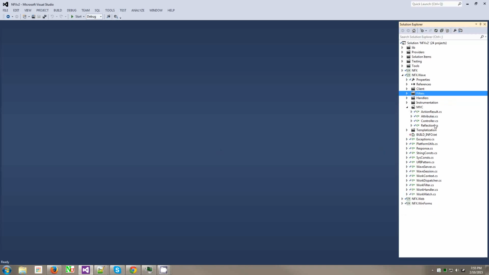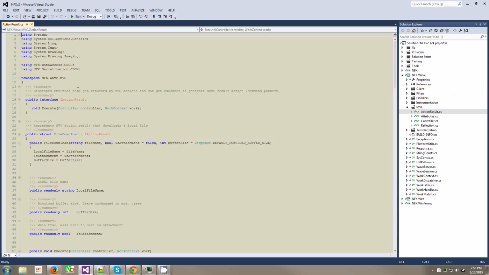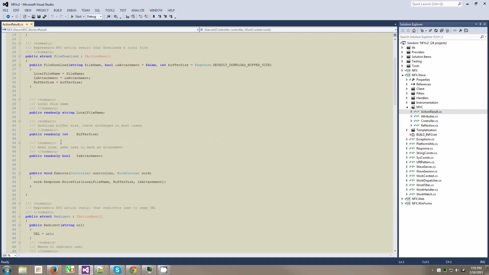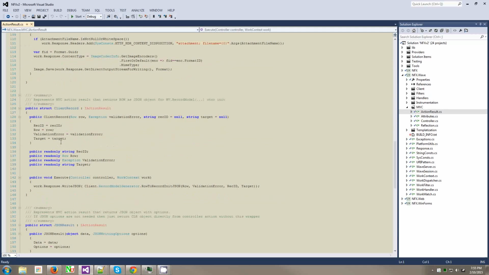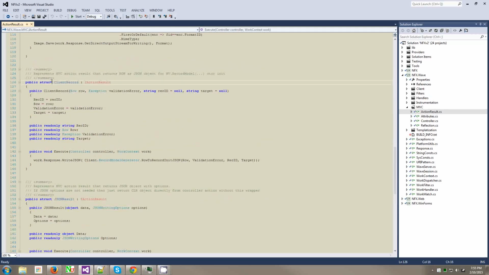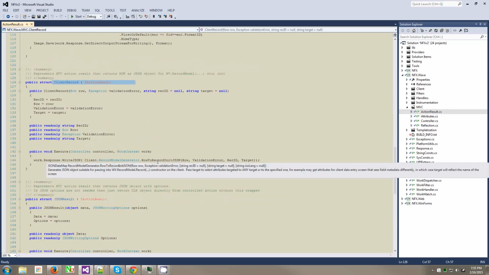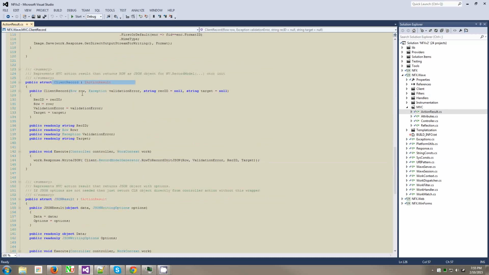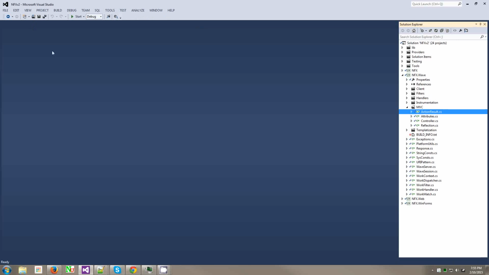Our actions return objects, not action results. You can return an action result, which is just an interface with an execute, and here is everything we need. Client record, JSON result: this is the one used for the reactive programming that I talked about. It generates JSON record initialization JSON on the client, and it's all transparent. You don't ever need to look in here, and it does all of the dynamic binding with optional parameters, conversions,